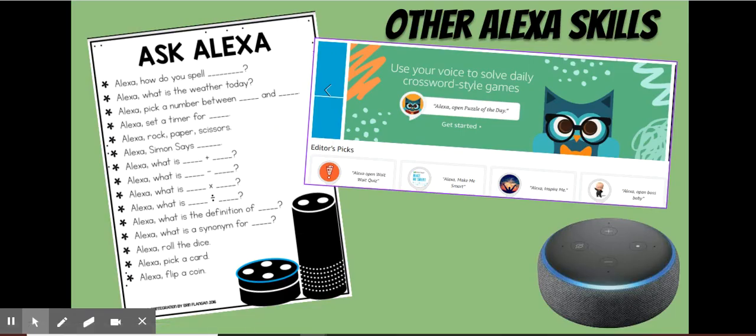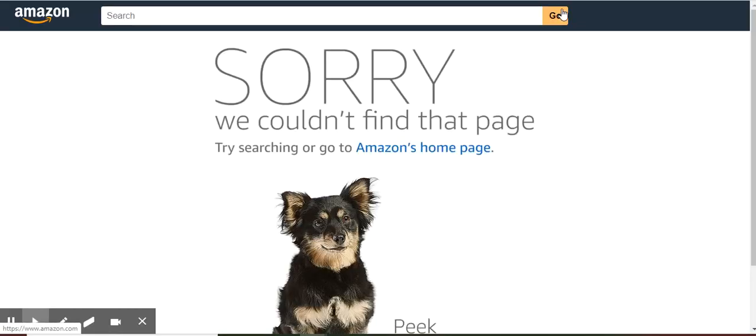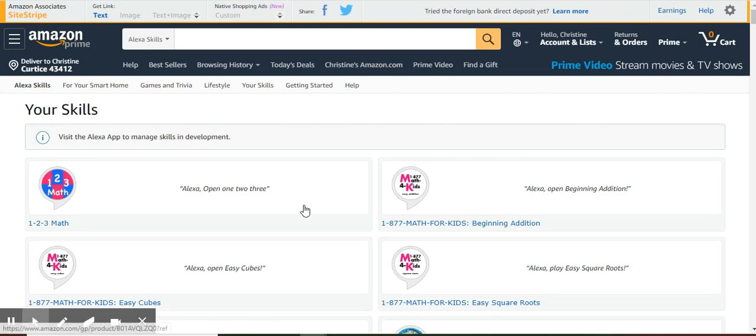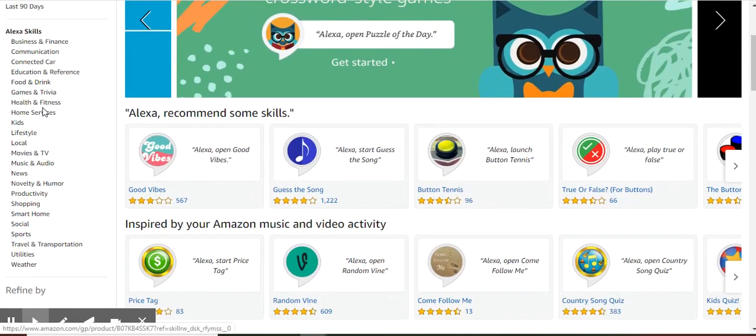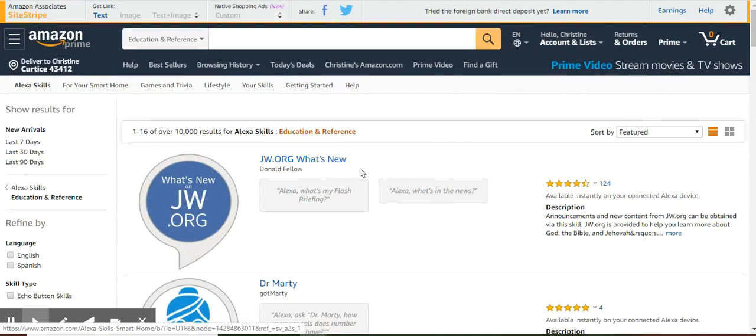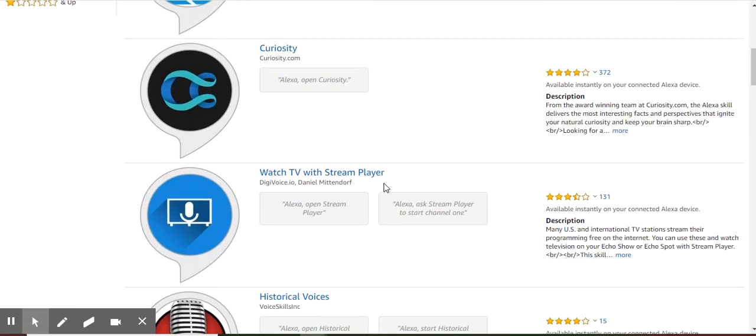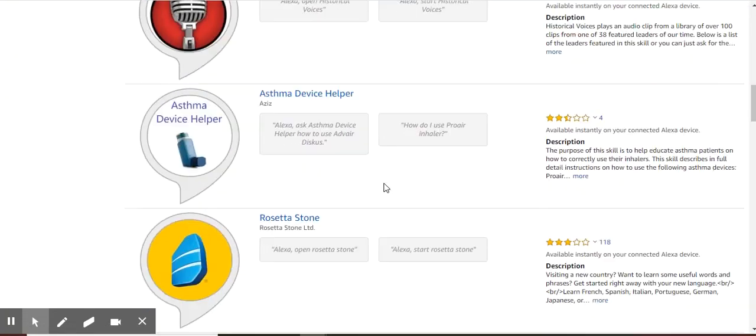Other Alexa skills that are out there. If you go into the Amazon store here of all the skills, you're going to see everything that may be available here in skills. So when I go in here, it's going to give me all kinds of things that are there. I can go to education and reference and narrow it down and just kind of go through and see what's even out there.